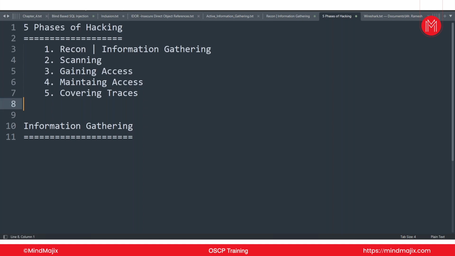In reconnaissance, we try to gather information about the target, and in scanning we will be